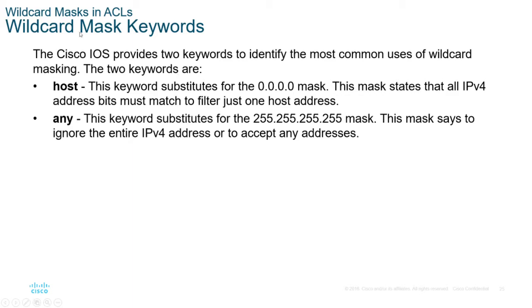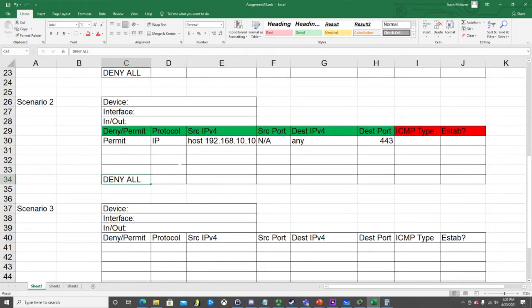Now, another thing to note, kind of why are wildcards being gone over again? That's because when we're writing our ACL rules in Cisco, we have to write them with a wildcard mask as we're actually applying them. So again, if I was to write out this rule, same rule